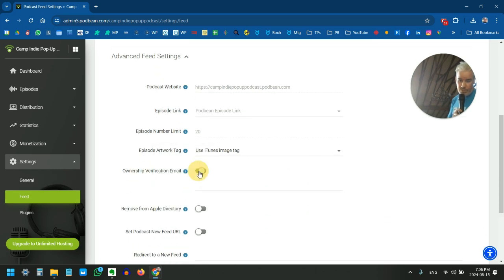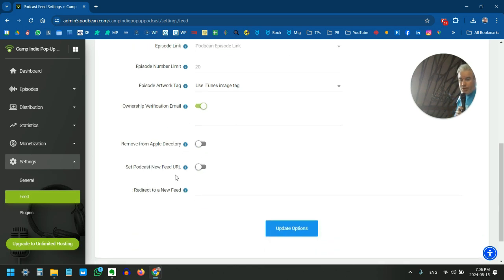This is a security feature. I've noticed it's good with a lot of these podcast hosts that you do need to have an email address connected to your account, but a lot of the spam bots have learned to latch onto this, and so you'll start getting random spam to that email because it's in this RSS feed, which is kind of public information. So the podcast hosts have got around that by saying